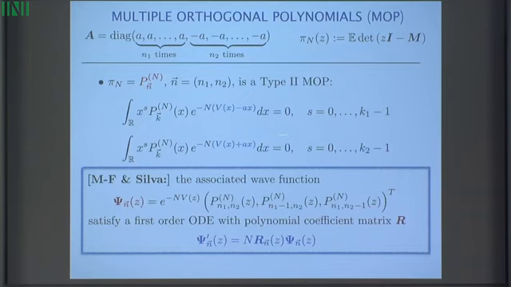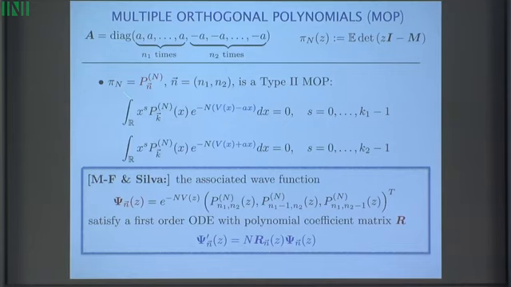Fortunately, because the weights are so nice, exponential functions, these are entire functions, we can derive a differential equation that connects with the polynomials. And it looks like this. So let's take a vector. Essentially, you take your polynomial, this guy, oh, by the way, I had to say, since you have now two indices, n1 and n2, instead of having just a sequence of polynomials, you have the whole table of polynomials, right?